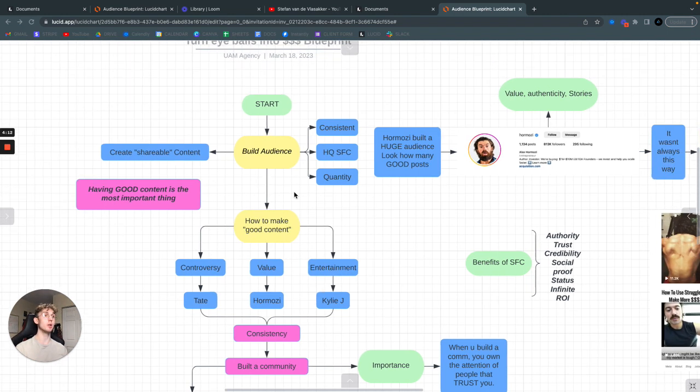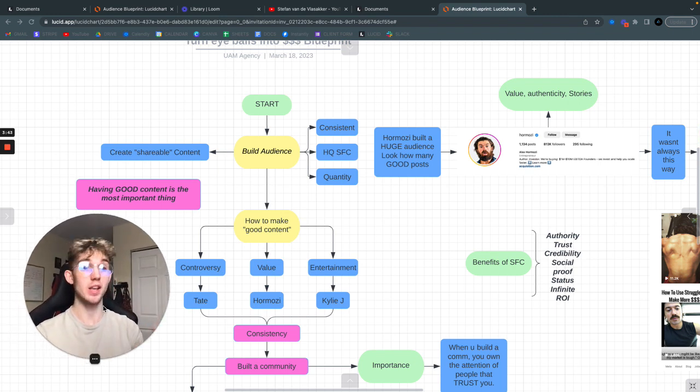So let's go back up to how to build an audience. You have to be consistent, right? I can't preface this enough. You have to be consistent with your posts. Now, keep in mind, you have to put out good posts. If your posts are just mediocre and they're just regurgitating what everybody else has always said, that's no good either. So make sure they're good. And the way that you can determine, are my videos good? Ask yourself this: would I pay somebody $5 to watch this video? If the answer is no, if you would not pay to watch your own video, then why else would somebody want to watch it, right? So that's how you can determine, is my content valuable?